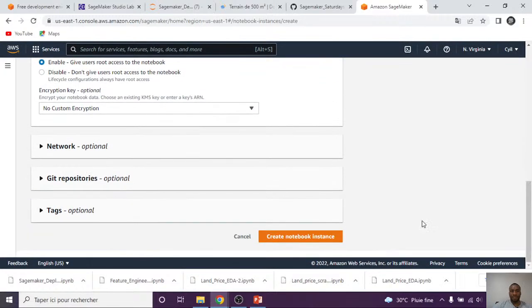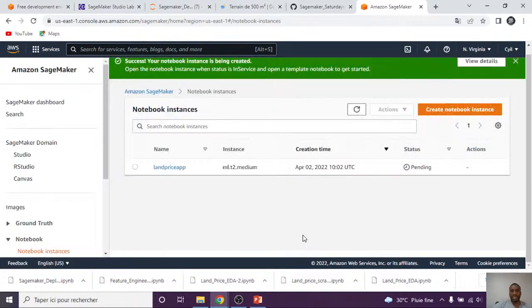There are other changes here, but we will just leave them at that. You could put some encryption keys, some KMS, so that you have some security in your data. But we'll not go into that for now. Then you have other network settings you can do, Git repositories. We'll just go ahead and create a notebook instance, and I know it's going to take a couple of minutes